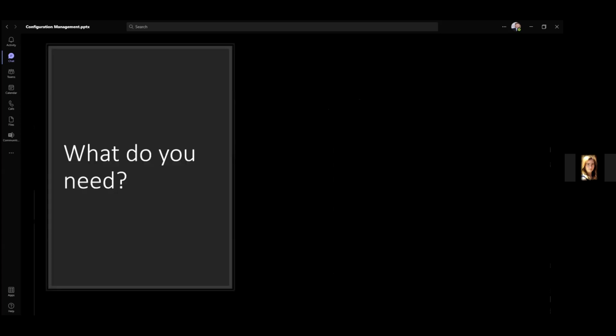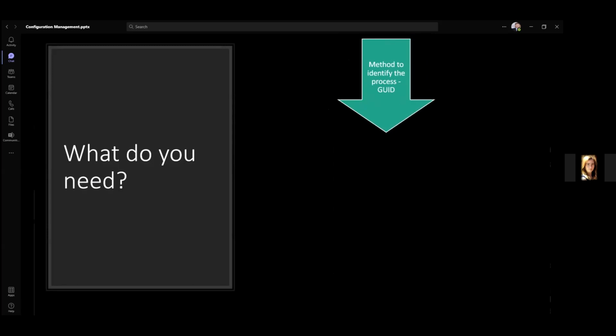Okay, so what do you need to start to try and build something like that? First off, you need a method to identify your process. And I mentioned here a GUID, or a globally unique identifier. That can be kind of your magic thread that pulls everything together, out of the studio or out of your platform, because just keep in mind, this doesn't just have to work in UiPath. You can do this actually on any platform that you use. And apologies, UiPath, but